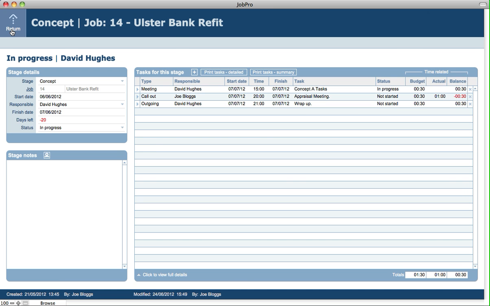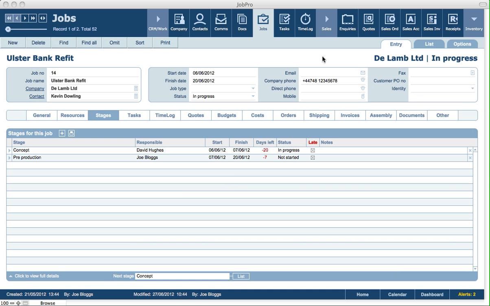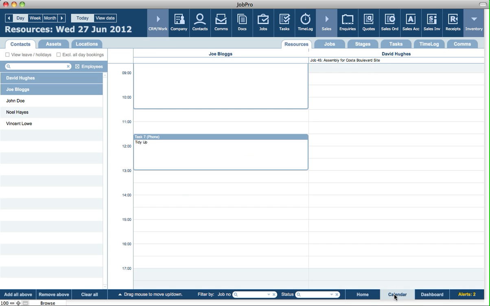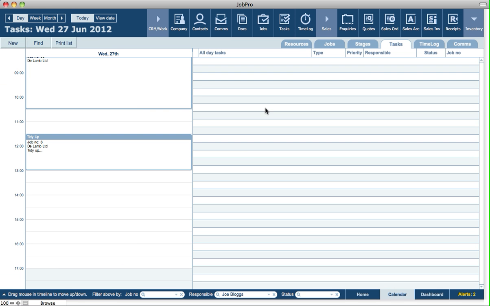But you can also use it in isolation just to create general tasks like maybe doing the month accounts, for example, or any other areas that you need reminders of. And finally, if we take a quick look at the calendar, in the calendar we can look at areas like resources, jobs, stages, but we also have a tab for tasks. So in here, if we're looking at a day view, we can see then for a particular person,